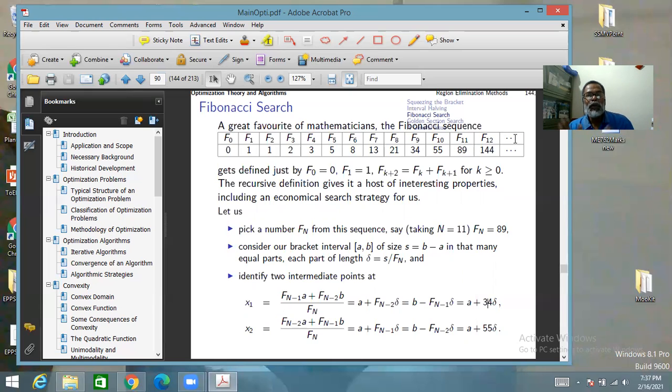So then the 2 parts, I mean F13, so next round the 2 marks will be at 89, 144. Then second round it will be here. Then third round it will be here. These 2 will be the locations. 4th, 5th, 6th, 7th, 8th, 9th, 10th. At the 10th round, you have 3 units left, and the first one is at 1 unit, second one is at 2 units. Whichever you take, you end up with 2 unit length left, say from here to here. And then the 2 points will merge, because there is no space anymore. So after n minus 3 iterations,